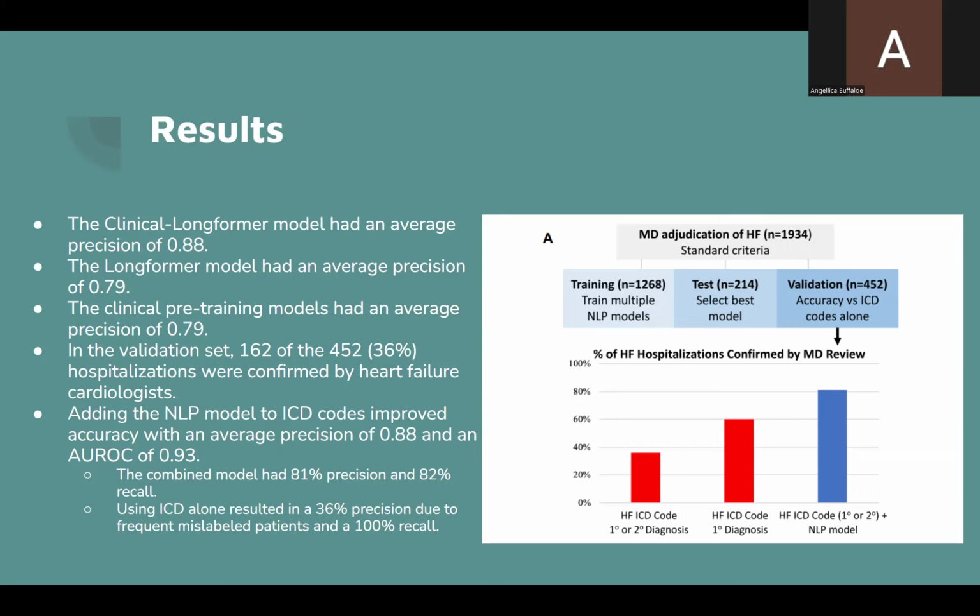The combined model had an 81% precision and 82% recall. Using ICD alone resulted in a 36% precision due to frequent mislabeled patients and a 100% recall. And everything that I just explained is in this image on the right.